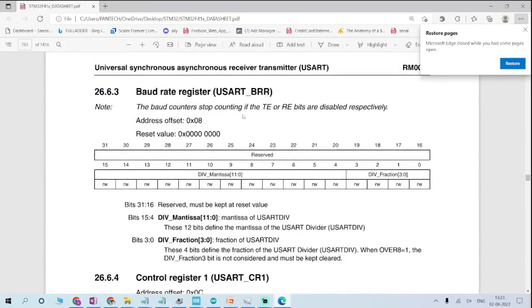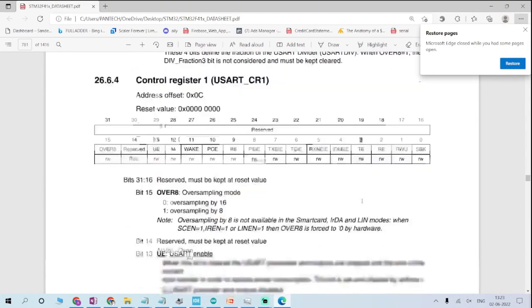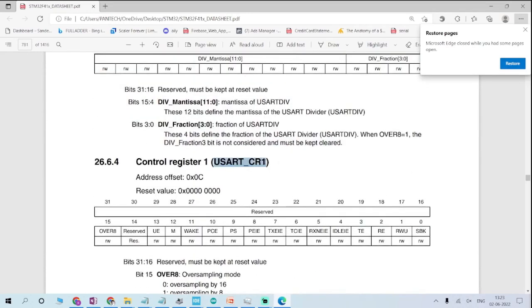BRR is the baud rate register, and the control register is CR1. So we have to enable transmit enable, bit 3. Okay, so it's 8 we have to move. So UART_CR1,